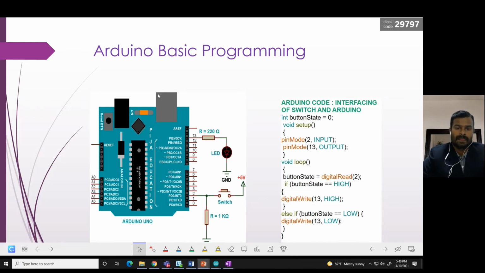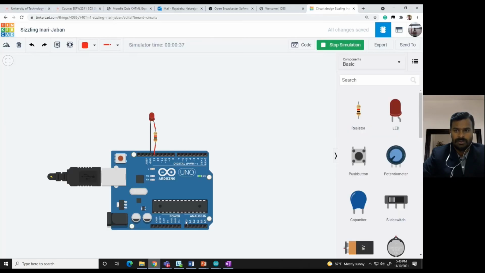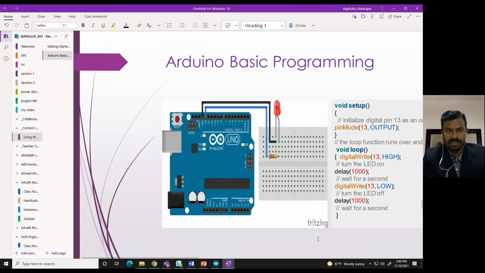So for reading the data, that is an input signal from an external input, that is a sensor or a switch, after that, based on this input, I am going to make the output work. So that is a simple program here. We can connect this, but it might take a bit of time in Tinkercad. So I won't do that now, because we have a few more points to discuss.